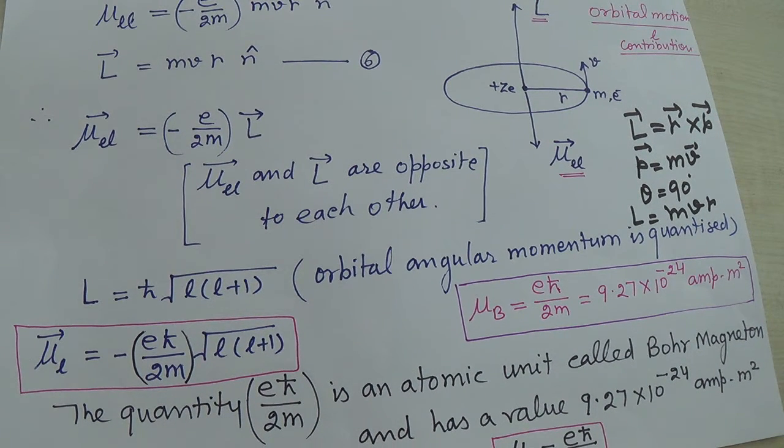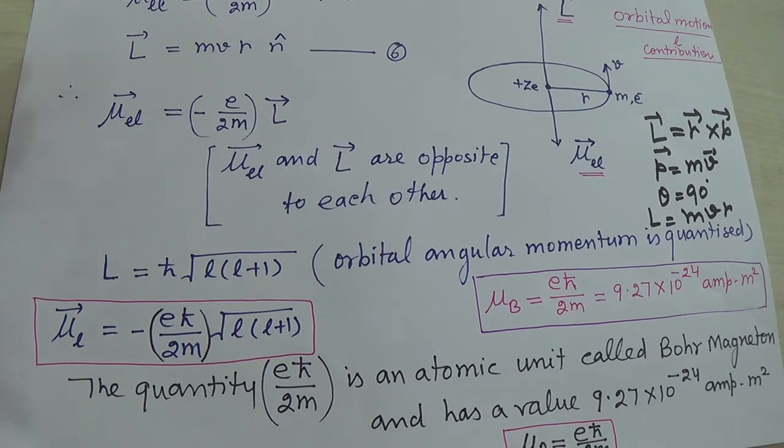In this way you have seen that one atom can be changed into a bar magnet, or on the other hand you can say that an atom is equivalent to a bar magnet. So here I have just found the magnetic dipole moment of the atom in terms of mu, especially for the electron motion in orbit.